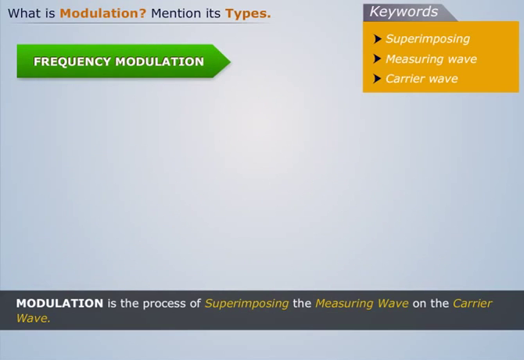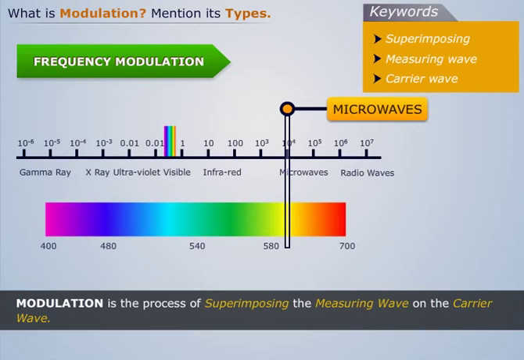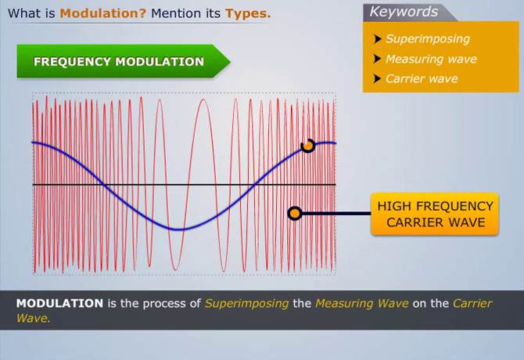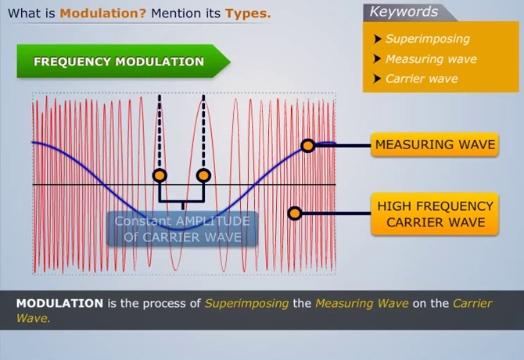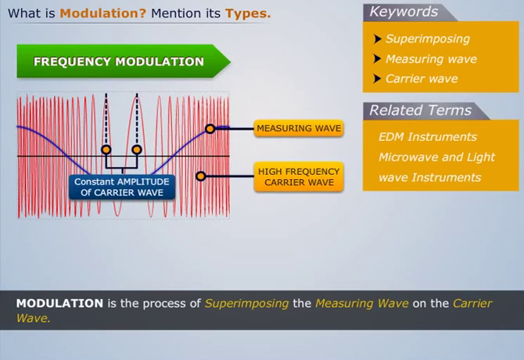Now let us discuss frequency modulation. Frequency modulation is used in microwave instruments. In this type of modulation, the frequency of the carrier wave is varied in proportion to the frequency of the measuring wave. However, the amplitude of the carrier wave remains constant and the measuring wave information is carried by varying the frequency of the carrier wave. Related terms are